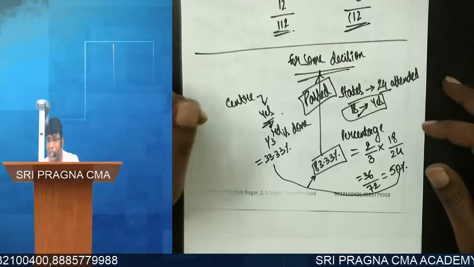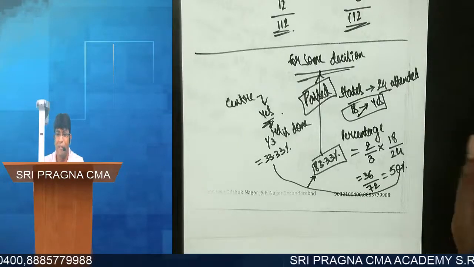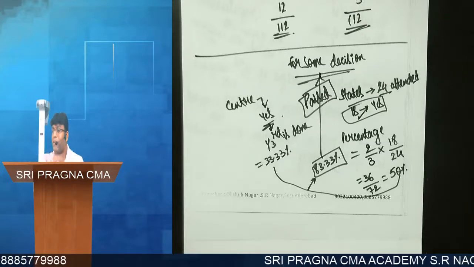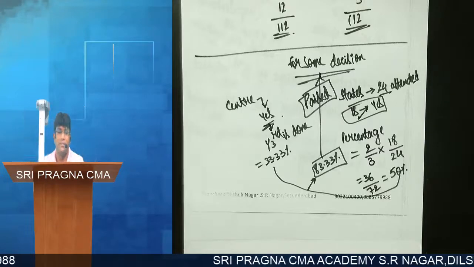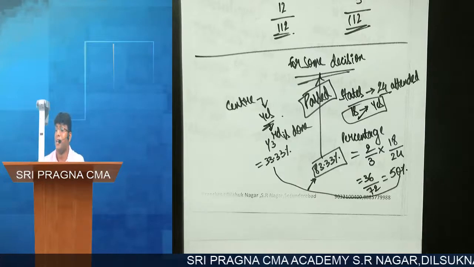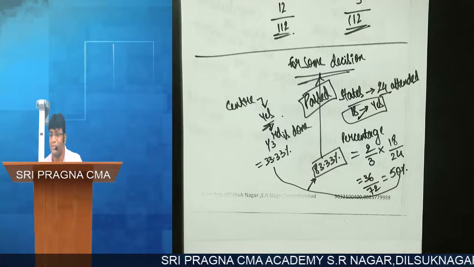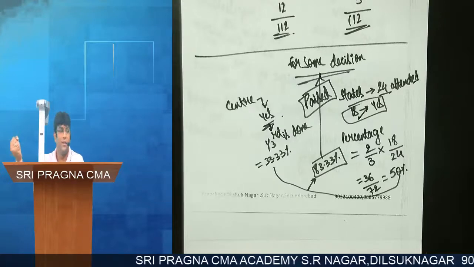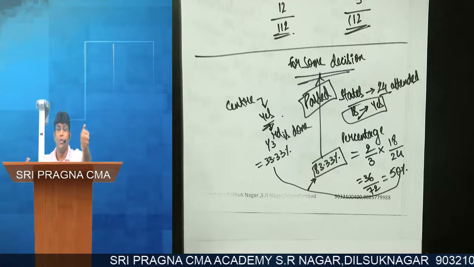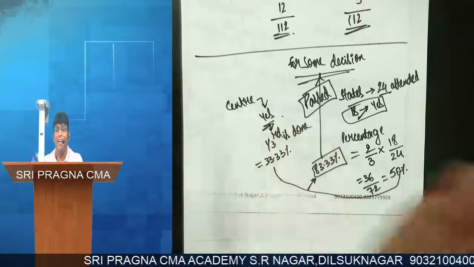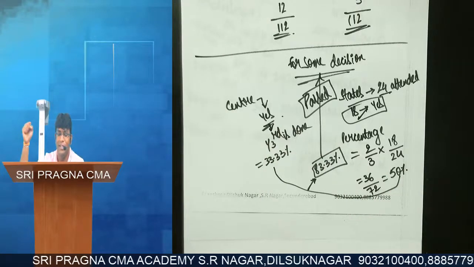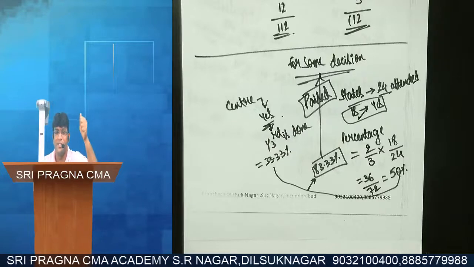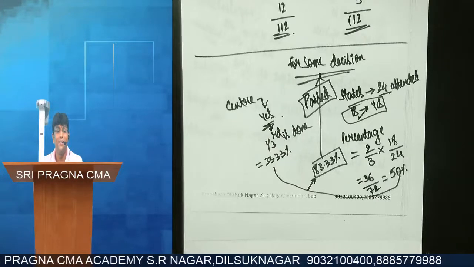33.33 plus 33.33 is 66.67. But to pass a resolution, we want 75%. How much is done? Only 66.66. The resolution is not passed, because for a resolution to be passed, 75% should come. The center weight is 1/3. All states together, 2/3. But to pass a resolution, there should be a 3/4 majority, exactly 75%. Here 33.33, here 66.67. Resolution, 75%.